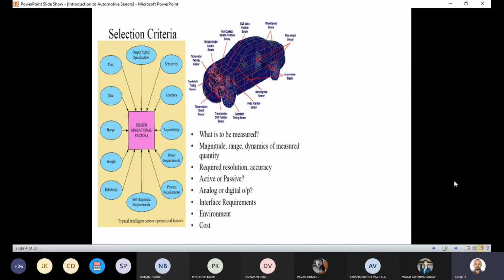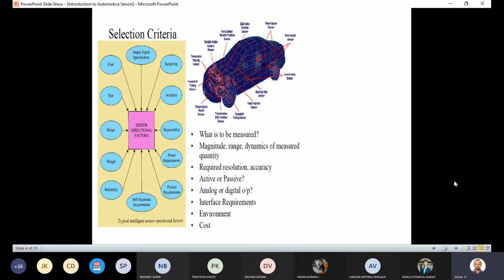There are a lot of factors which need to be considered. For example, what has to be measured. There are many signals, varying from mechanical to thermal, chemical, and other physical signals. So what signals need to be measured? What is the range, the magnitude? For example, a temperature measurement itself